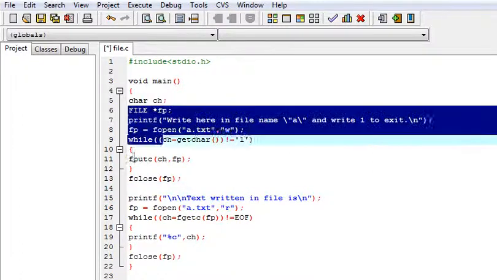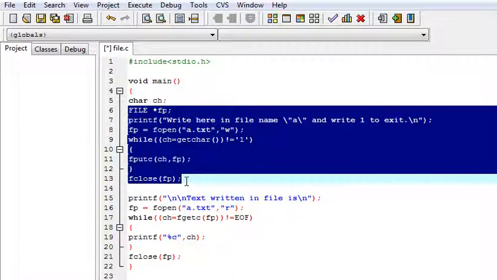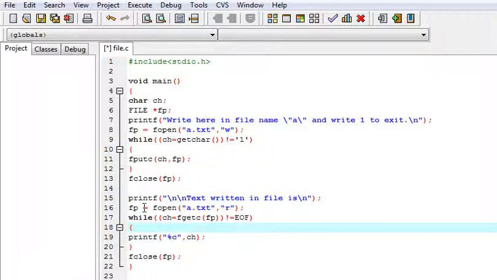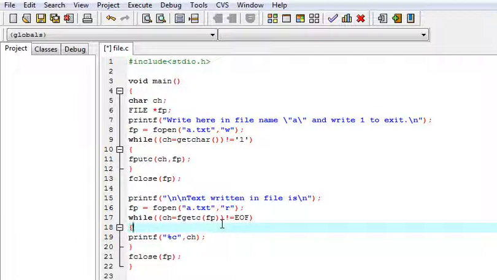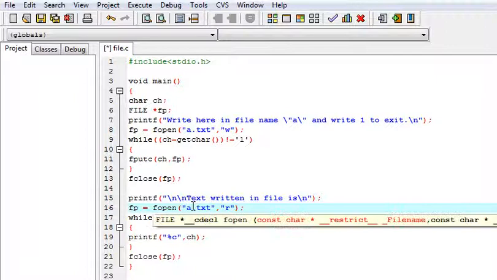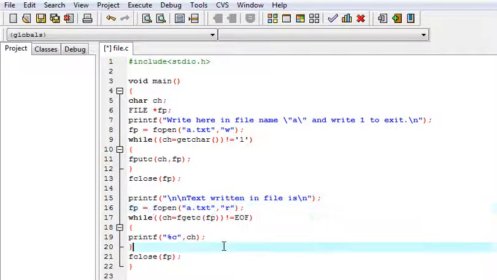In this we have created a file and written data in the file, and now we want to read what is written in the file. This is just a command or output to show the user that now we are going to show what is written in the file. Here we have opened the same file with read mode. Now we want to just read the data.